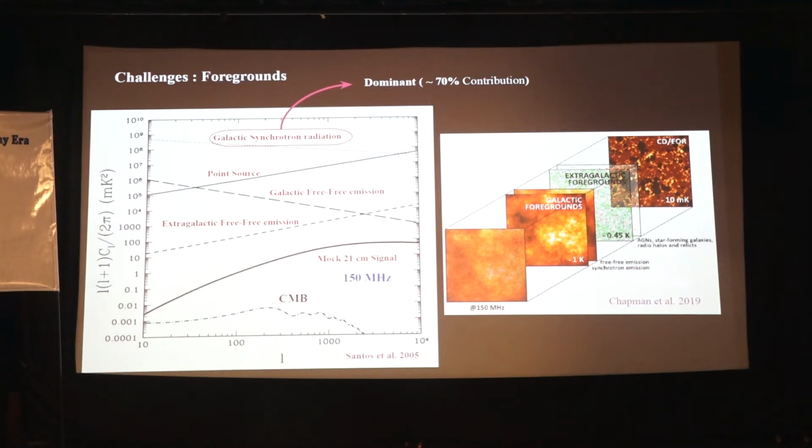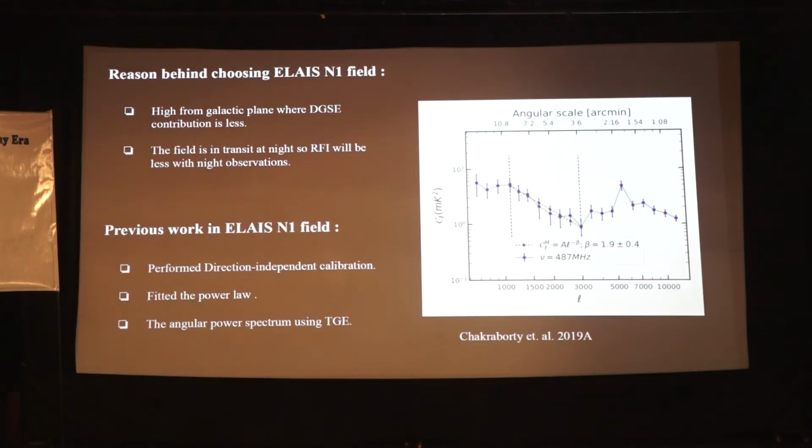So the motivation behind my work is to characterize these foregrounds, the properties of those foregrounds, and the behavior at low frequency especially. So what are the reasons we have chosen the ELAIS N1 field? As Professor Datta already mentioned, it is a multi-frequency field already, and it is also at a high galactic latitude, which actually lowers the effect of galactic diffuse synchrotron emission. And secondly, its transit time is at night time, which is actually better for us in terms of observation, because at night time the ionospheric activity is less. So